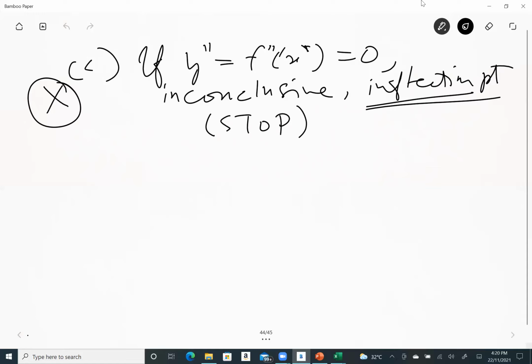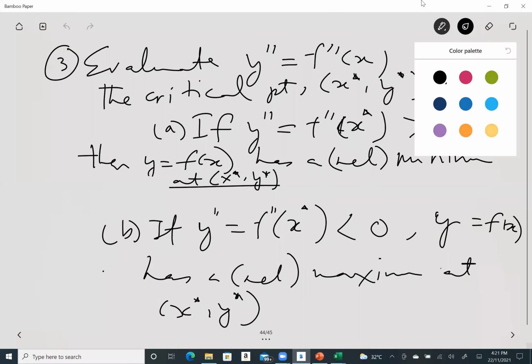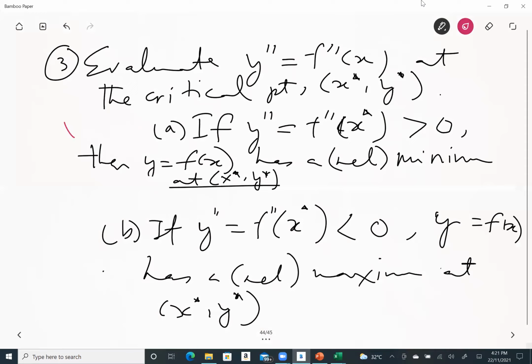What is important are the cases number 1 and number 2, positive and negative, because that will allow us to conclude you have a maximum or minimum at the critical point. And then we'll be able to